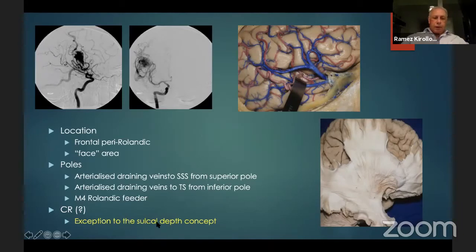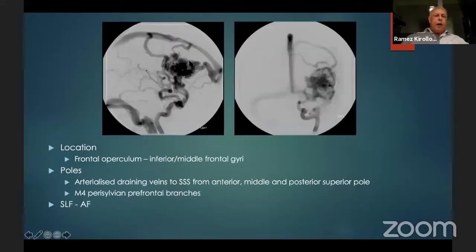So that's why deep sulcal dissection is not useful here. Again, this is an example of how a true operculum AVM is in the language speech area. This is a motor area of the speech, and it's really in the inferior frontal gyrus, and going up with all these veins will take you to the margins of the poles of the vessels, and you would know that it's taking blood supply from the prefrontal gyrus, and deeper to it, you will affect the arcuate fasciculus and